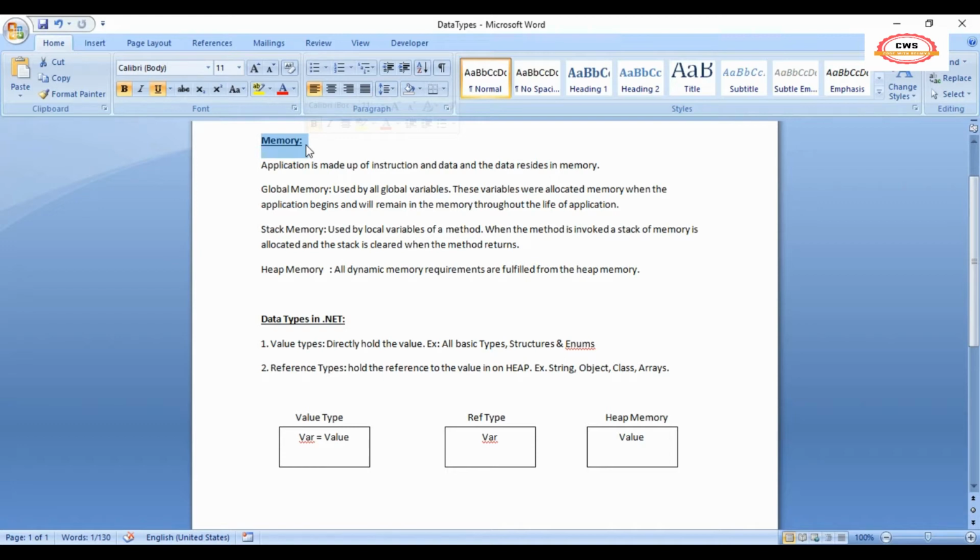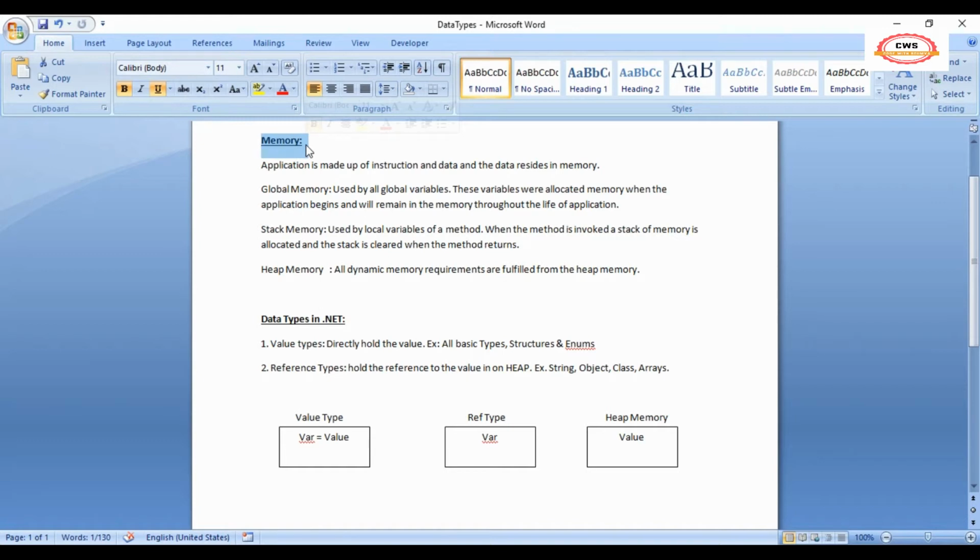In some applications we may have seen that there are some variables. When the application starts, the variables get initialized and the values are stored in them, and when the application ends, the variable is freed and the memory is freed. Basically we're talking about global variables.